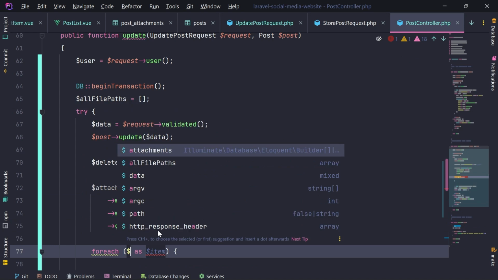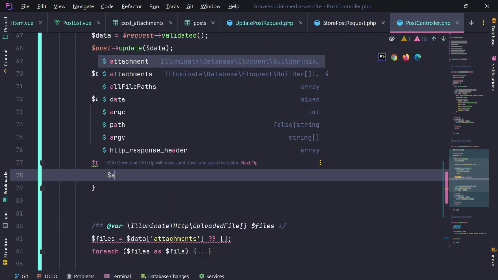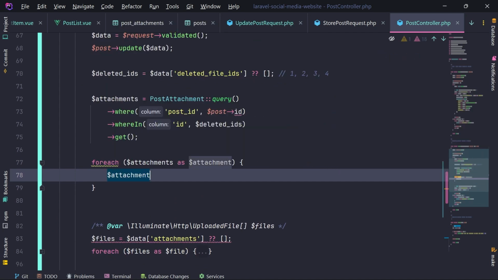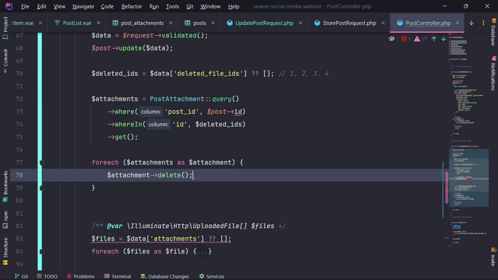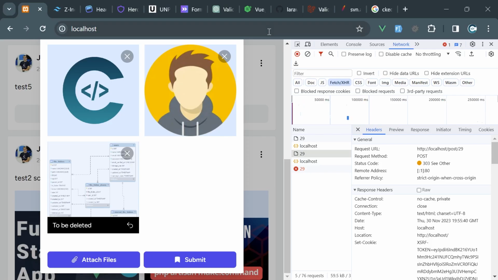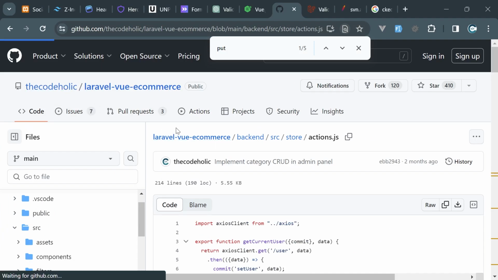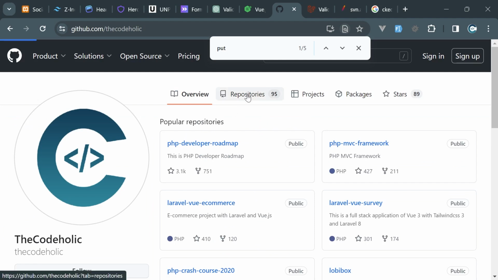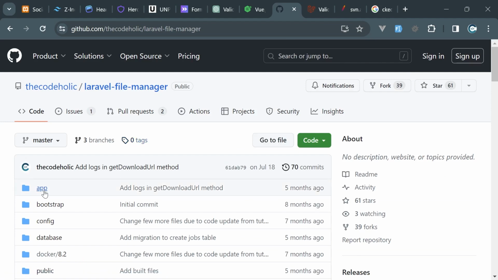So then we're going to start iterating over attachments as attachment, and then on attachment, I'm just going to call delete. However, I mentioned this, we're going to delete this file from the file system as well. And I'm just going to have a look again at one of my repositories inside which I have done something similar. And this is going to be Laravel file manager. So I'm just looking up the information, how I would generally do it if I were developing this project